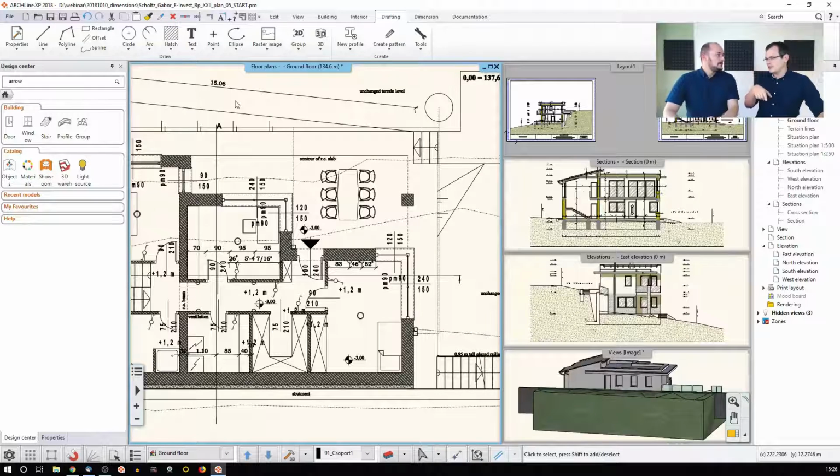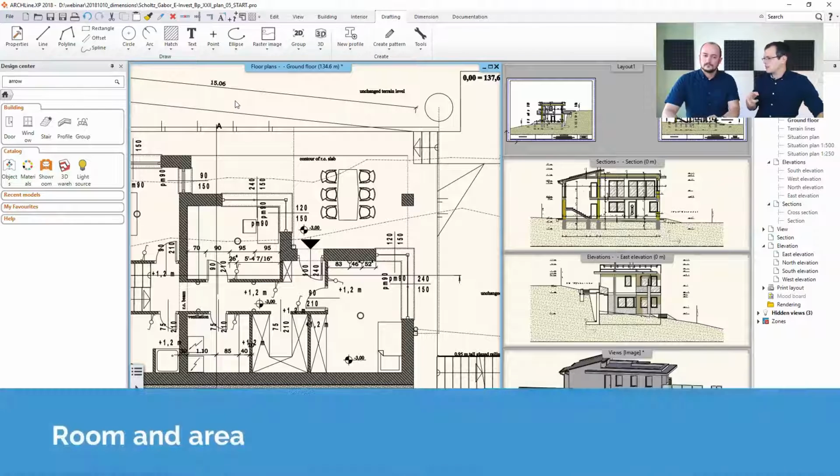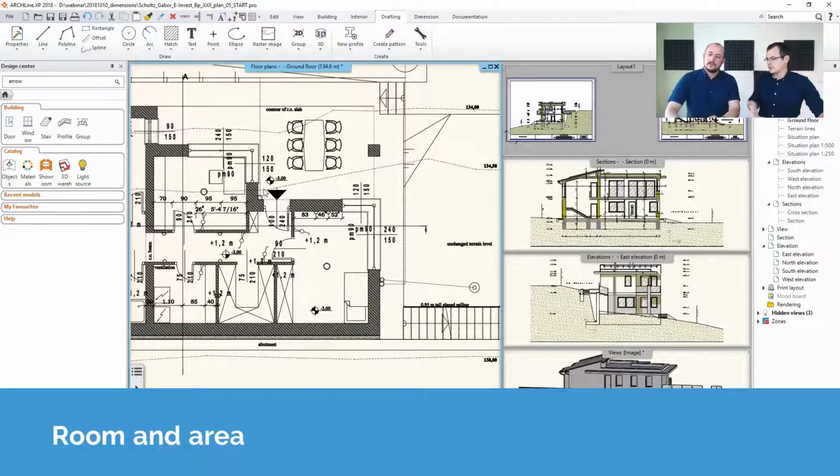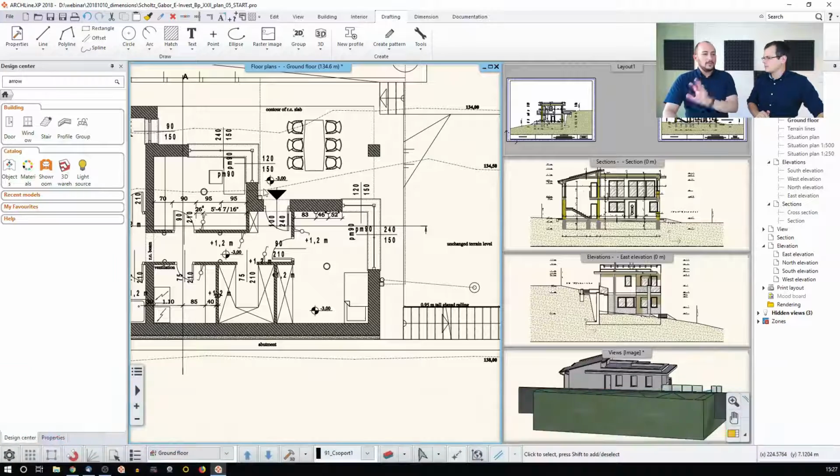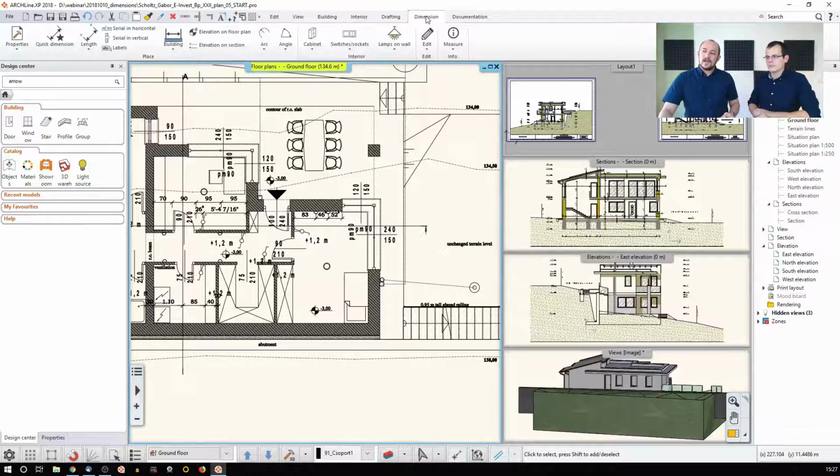Carrying on with the dimensions, there's a special tool called room and area, which is able to actually tell you more about the rooms that you have created. Now, what does this tool do? Well, let's compare this room and area with the dimension tool as well, so we will see the difference. So we will talk about the room and area measurement, how you can do that. The room and area measurement, actually there is a dimension tool which is called the area dimension, and it's